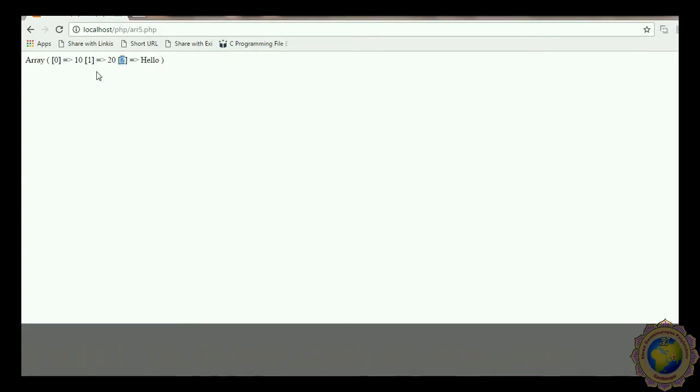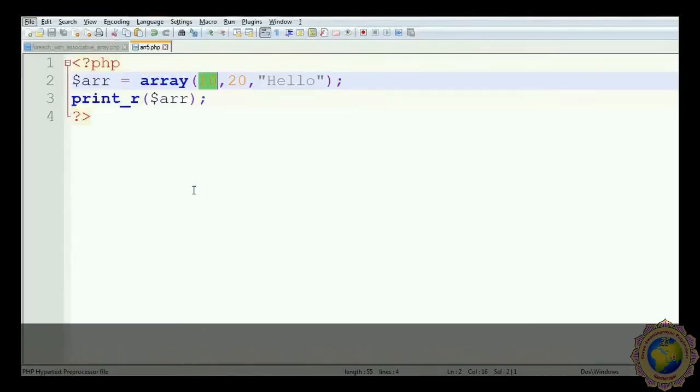So 0, 1 and 2 are the index values of 10, 20 and hello, and these are all the values of the variable as well as the array ARR. As we know, in a video lecture we already discussed the print_r function in theory: how to use the print_r function and why we use it in the PHP language.